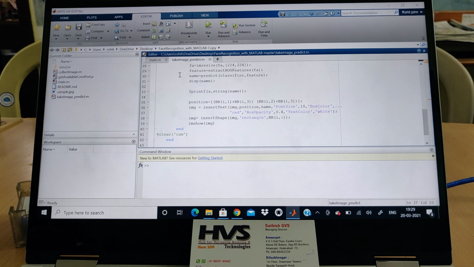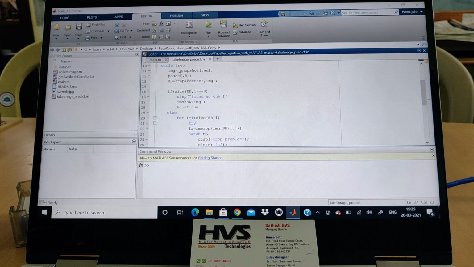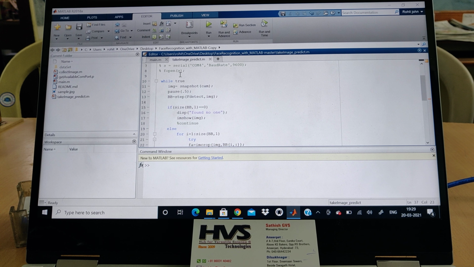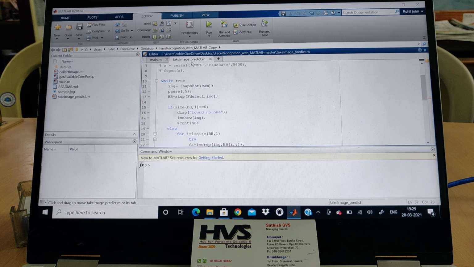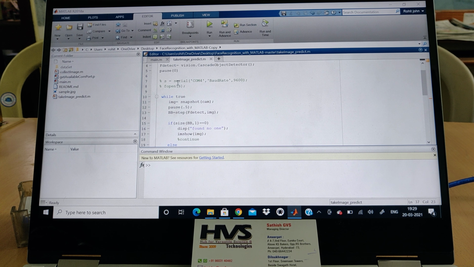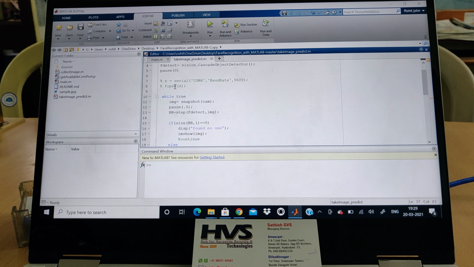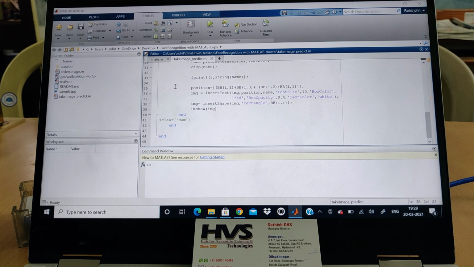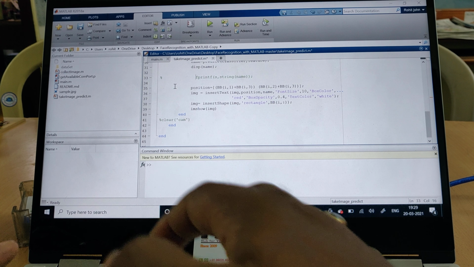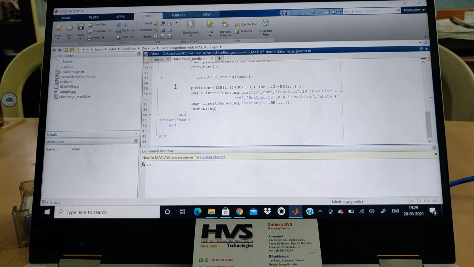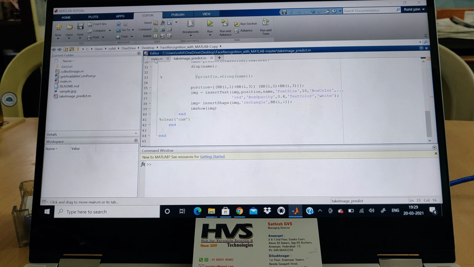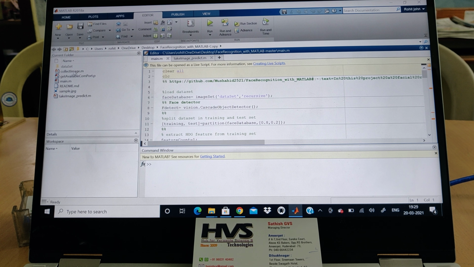In order to set the data, to make the database of the images, open the take image underscore predict file, and in that one we need to comment the three lines. One is 7 and 8, that is S and F open S, and then one more line, the F print S line, we need to comment. Control R is for comment and Control T is for uncomment, and save this file and go to collect